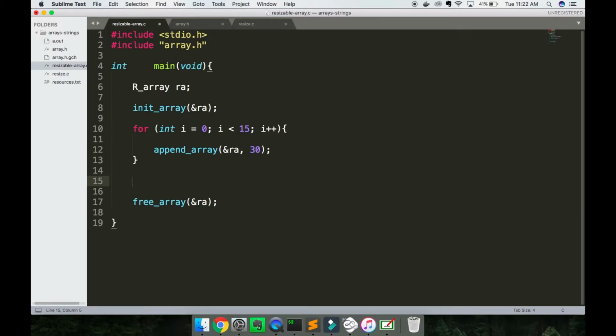To illustrate this even further, we're going to print at the end the RA max size and the RA current size. So we'll say max size is